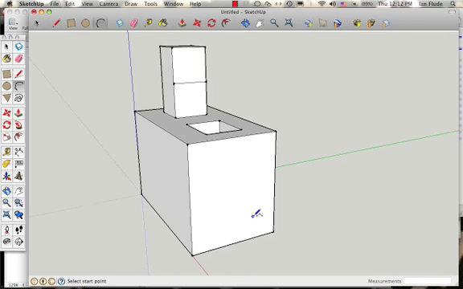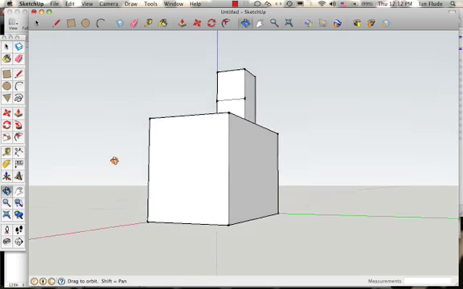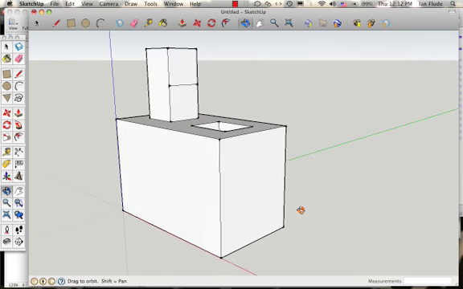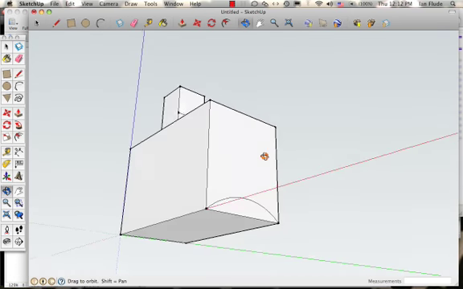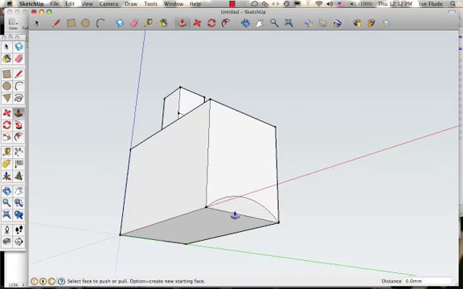What I can also do, so I'm going to rotate this around a little bit now, and what I'm going to do is draw an arc on this surface here. So I'm going to start in that corner, go to the other corner, and then pull up my shape like that, and I can either type in the distance I pulled it up, or I can just judge it by eye. For this purpose I'm going to just judge it by eye, and then again I can use the push-pull tool to, having seen that it's separated those surfaces,